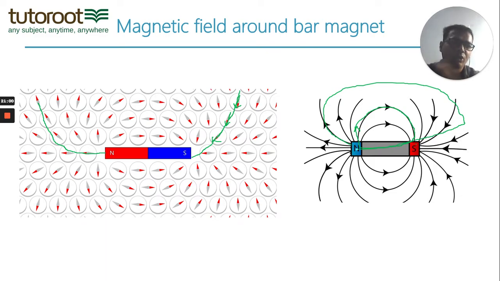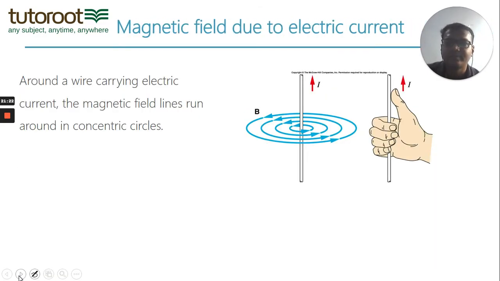They come out of the north pole, travel across the world, get back into the south pole, and inside the magnet they continue running from south pole to the north pole. So they all are connected, closed, joined lines or loops. So these are, in scientific terminology, called magnetic loops, in more common words.